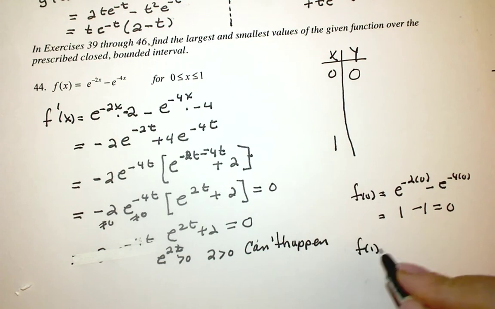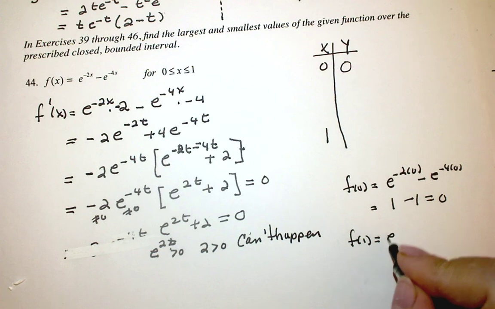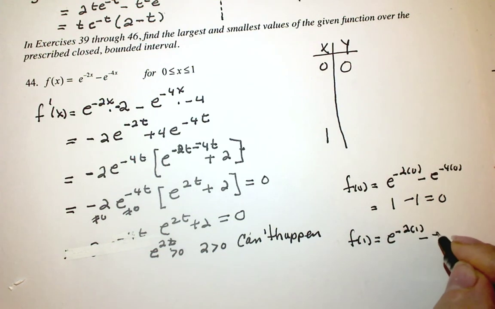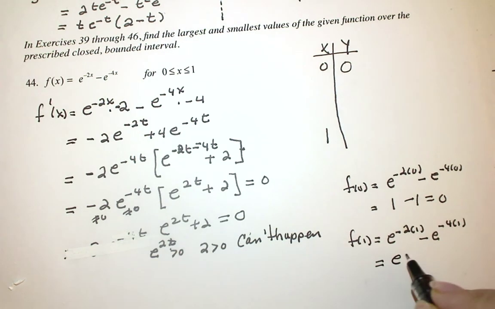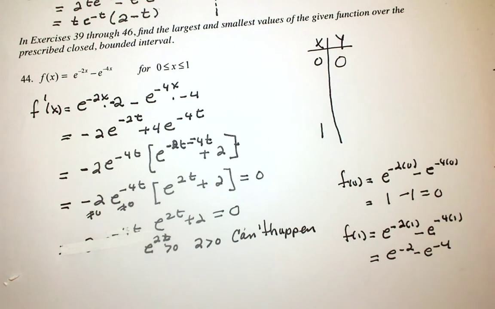And f of 1 is e to the negative 2 times 1 minus e to the negative 4 times 1, which is e to the negative 2 minus e to the negative 4,